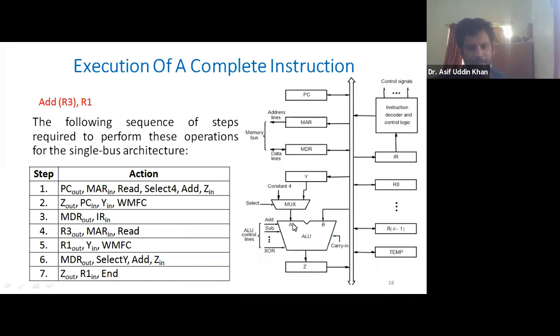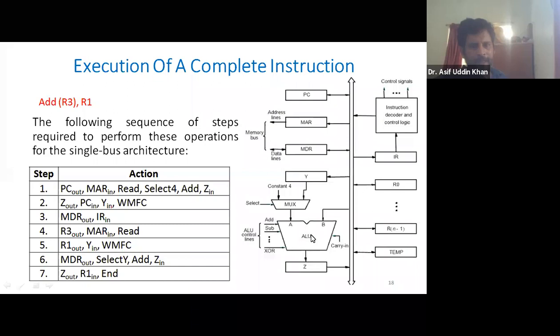One operand comes from Y, and the other operand is taken directly from the common bus through port B. Then it will add.